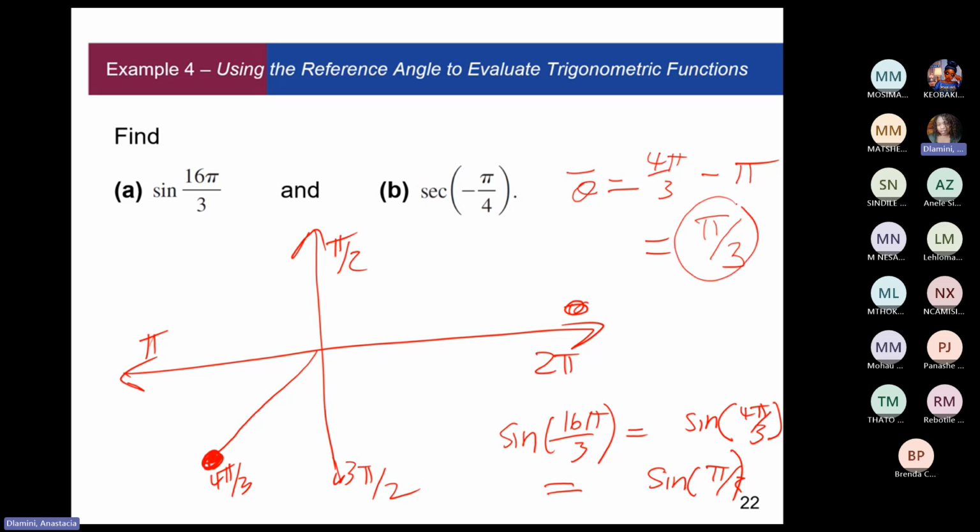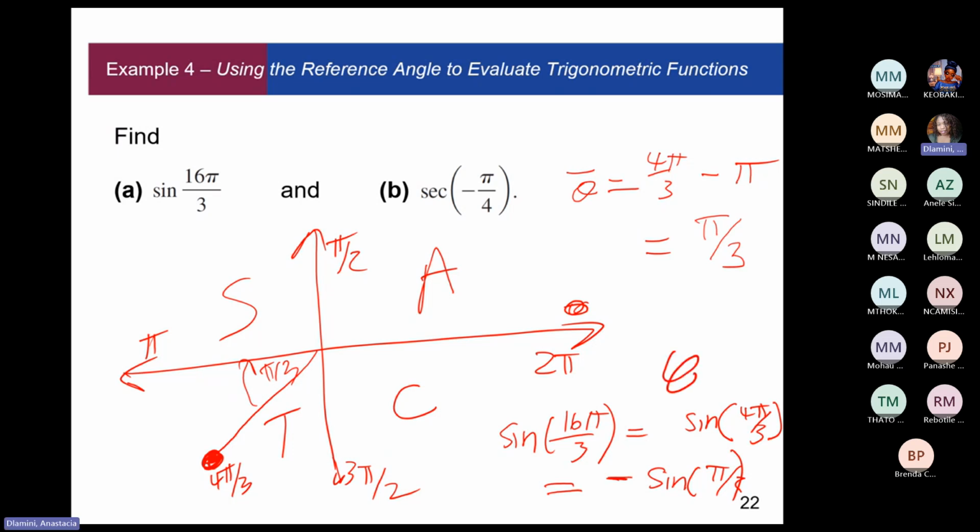So our reference angle, this part here, is pi over 3. But we know according to the diagram, in the third quadrant, only tan and cot are positive. Sine is what? Sine is negative. So we put a negative. There we go. So meaning that sine is negative, meaning that the answer here will be